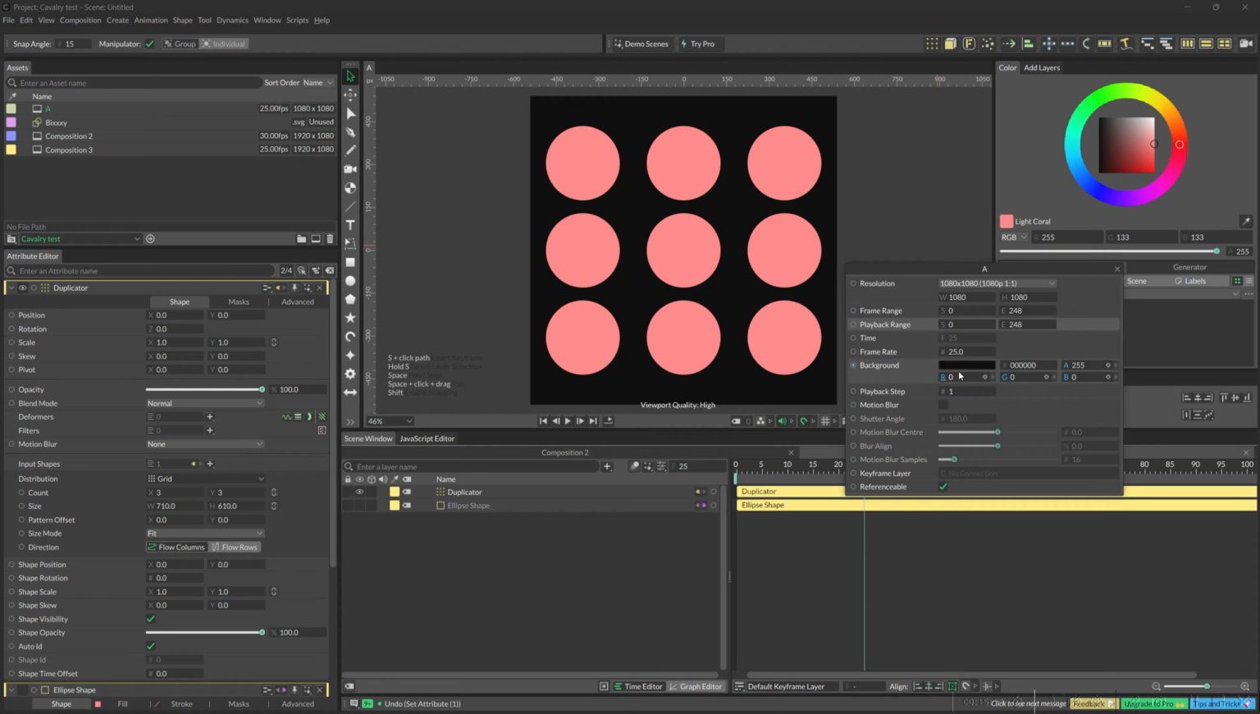Yeah, this is all to do with colors. You can change the playback steps. You can enable the motion blur, which gives you all these things to change the center, the align blur, the shutter angle, yeah. Those are some of the things. Some of them we shall be going through in the next coming